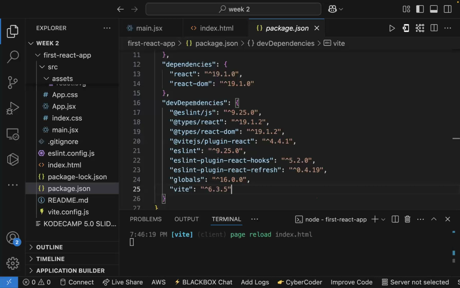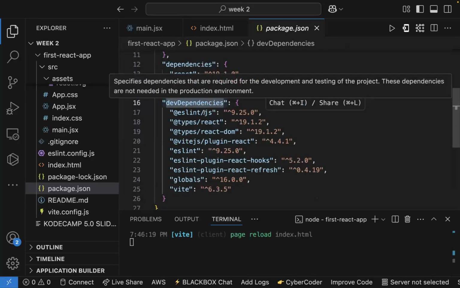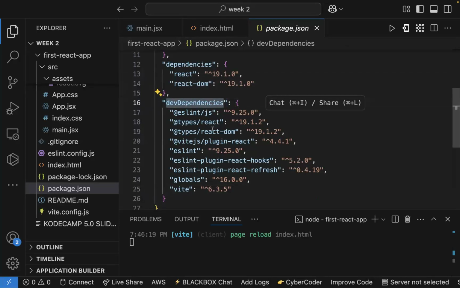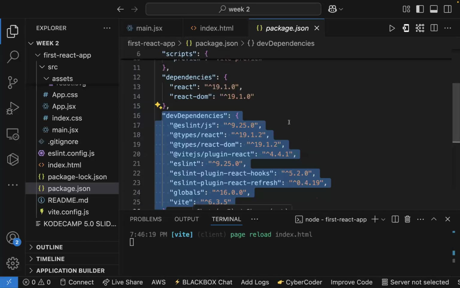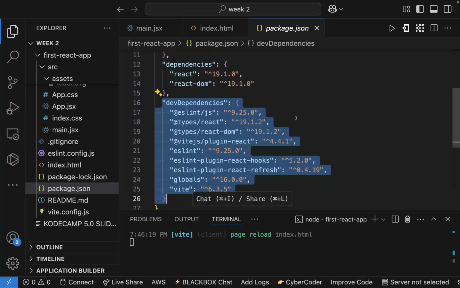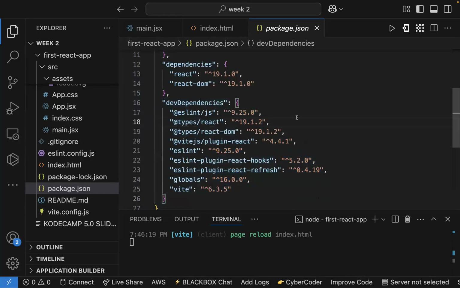Then for these dev dependencies, right? They are tools needed only while developing. Okay. So what that means is these tools here will not